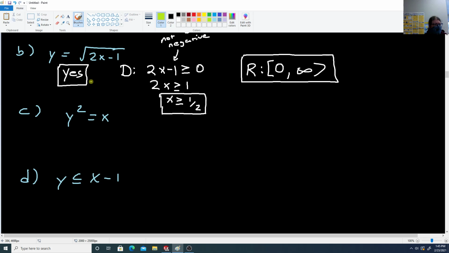Okay, this next one. This one is not a function because if I let x be a number, like let's just say 4, then there's two different y's I can solve this equation with. If x is 4, y equals 2 would solve this because 2 squared is 4, and y equals negative 2 would also solve this. Basically, if you see any operation on the y's where it's y to even powers or absolute value of y, those are almost never a function. For the domain,